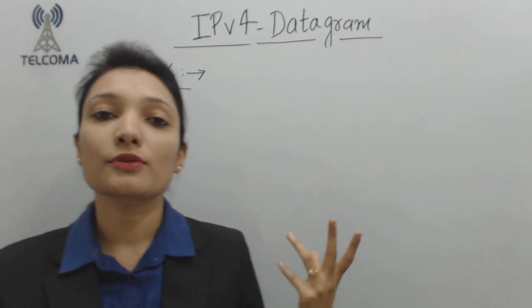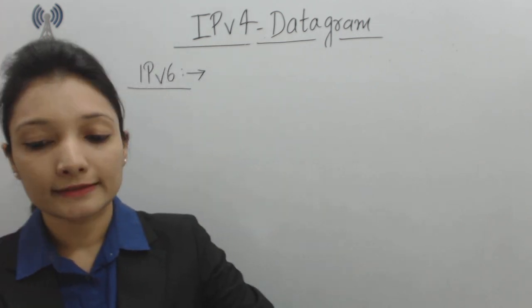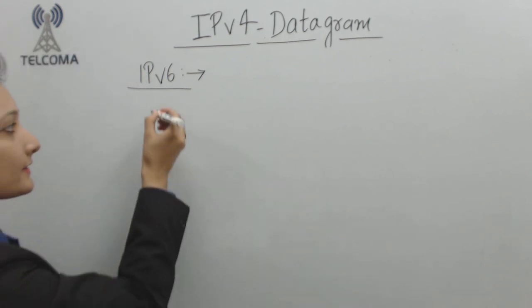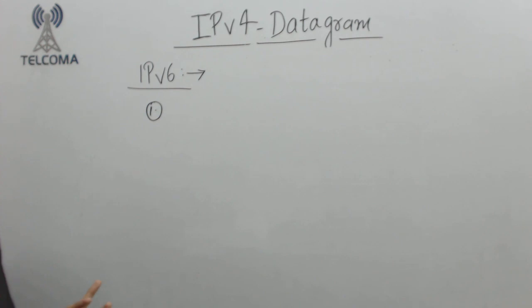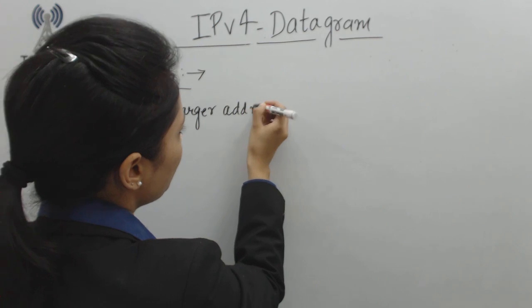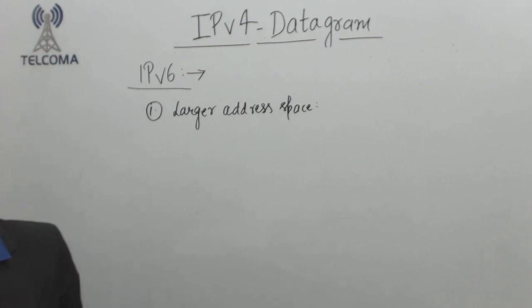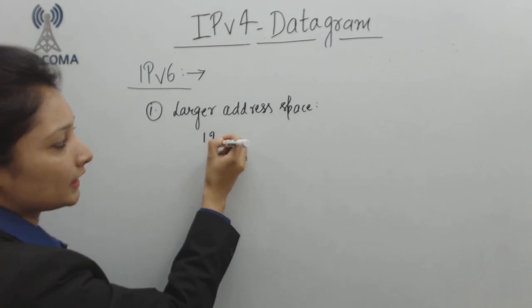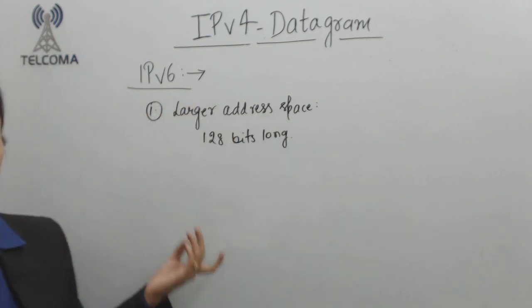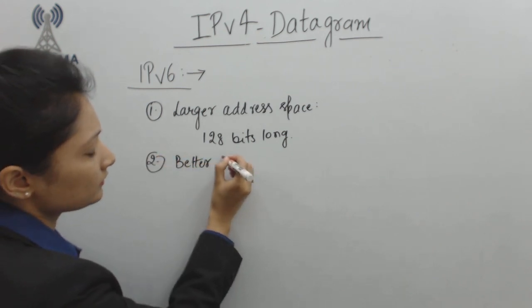So there are certain advantages of IPv6 over the IPv4 protocol. First of all, it accommodates resource reservations and minimum delay strategies. Moreover, it has a larger address space as compared to IPv4. It has a larger address space. This is basically a 128 bits long address. Next advantage is that it has a better